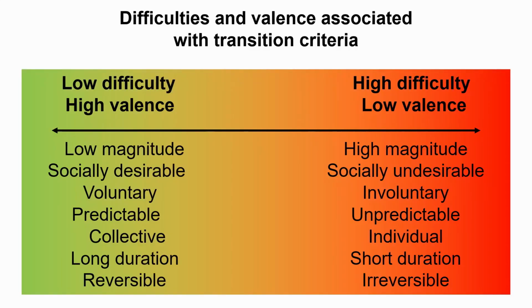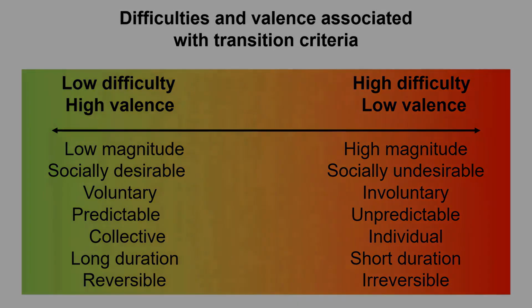If difficulty and valence are now mapped onto the criteria continuums, we can judge to what extent a transition is desired by a transitioner. The more difficult the transition is for that person, the sooner the transition risks becoming derailed. Similarly, the lower the valence, the higher the risk of failure. If we look at the slide, the green area should illustrate that if we are in this area, the transition is usually acceptable to the transitioner. The red area is just the opposite.